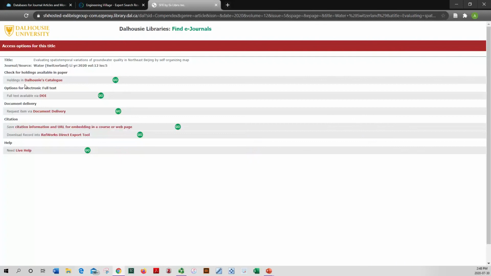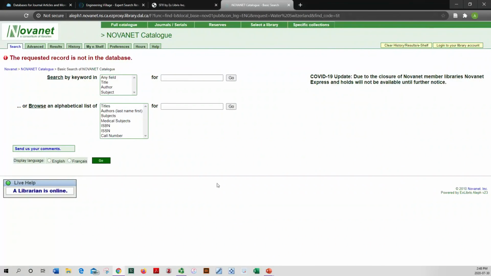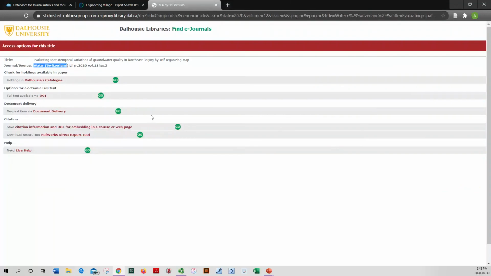So you click on the Get It at Dal button, and you see right away that there's no holdings for electronic full text. So the next best option for you is whether we have this journal, Water, from Switzerland, available in print in the library catalog, because then you would just go to the library and get the print volume. So to do this, you click on the Go button beside Dalhousie's catalog. You see it pushes you through to the classic version of the catalog, in which we could find journals by their title. There is no journal of that title within Novanet,